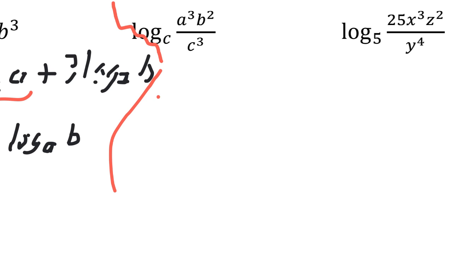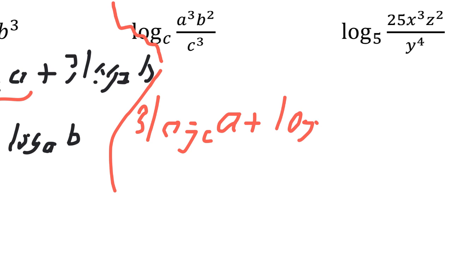So we're going to have 3 log base c of a, plus, we have to deal with the b now, log base c, excuse me, the 2 goes out front, of b,